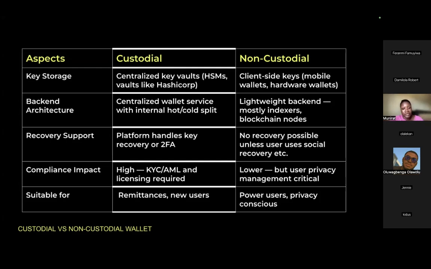on the countries or currencies that you support. It depends on where you're operating from. And then for non-custodial, it's kind of lower. There are some things you can even do with local non-custodial. And non-custodial is actually better for privacy. Custodial is suitable for remittances or new users, people that are just new to Bitcoin payments. Non-custodial is suitable for users that are Bitcoin savvy, they want to own it, they want to have control, they want that privacy.